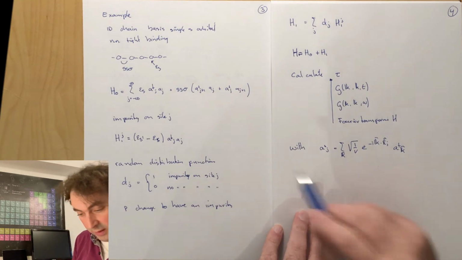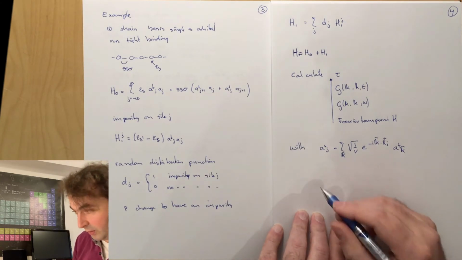Well, if we add this into our Hamiltonian as well as its Hermitian conjugate, you will